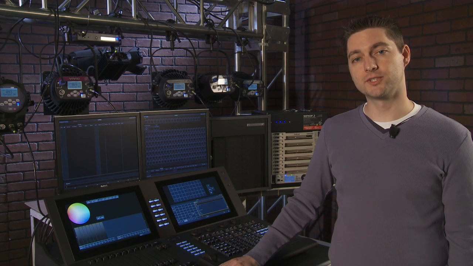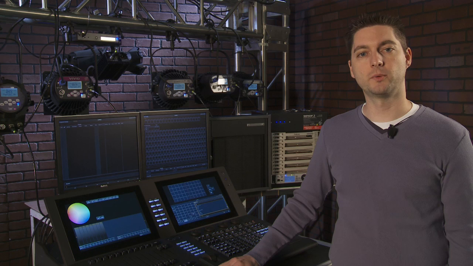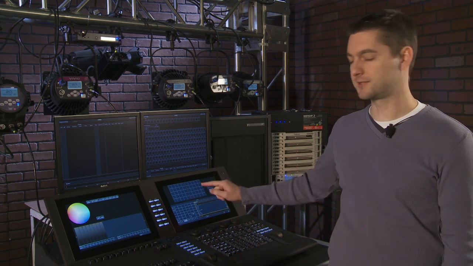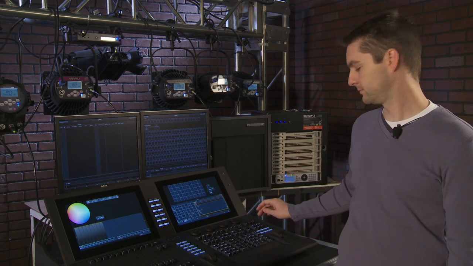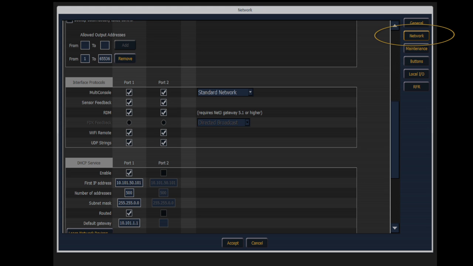Today I'm going to walk you through the device list feature of the EOS 2.0 software release. Okay, so prior to using device lists, we want to make sure in the shell we have enabled RDM feedback and sensor feedback. And you're going to do that by exiting out here and going to the shell. Before we begin, in the shell, under the Network tab, listed under Interface Protocols, make sure sensor feedback and RDM